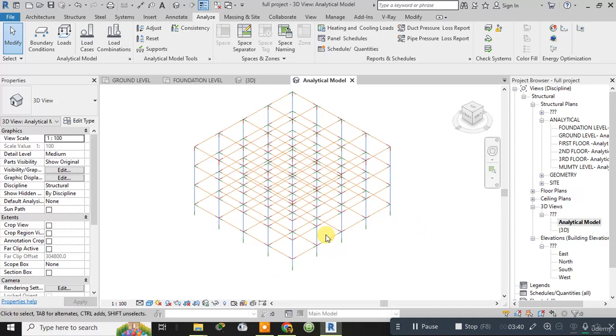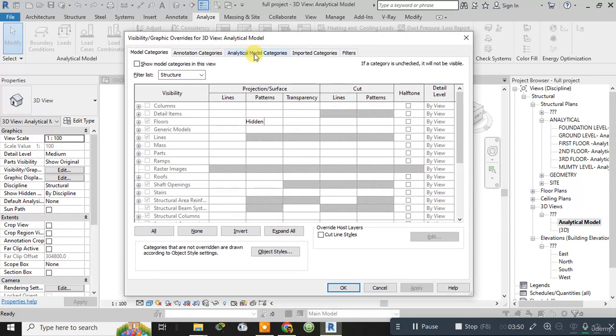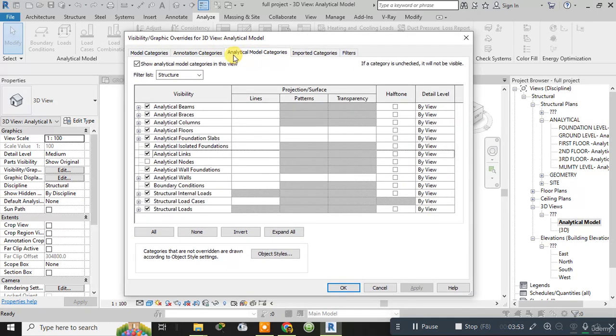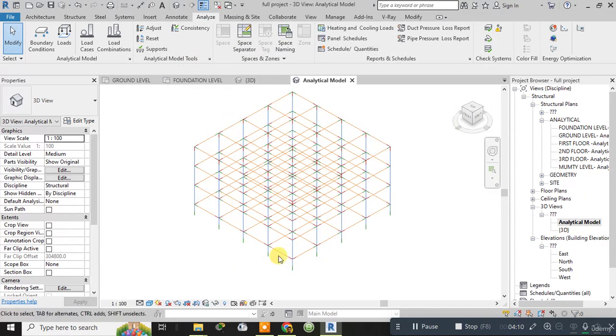In this analytical model, you can do one thing. You can simply press VG, visibility graphics, and here is the analytical model categories. Here you can also show the analytical nodes. If you click on apply, it will show you all the analytical nodes, but it's necessary to remove the analytical nodes, so I will remove them. Otherwise the diagram looks very haphazard. So remove the analytical nodes. After everything is done, now you have to simply click on the